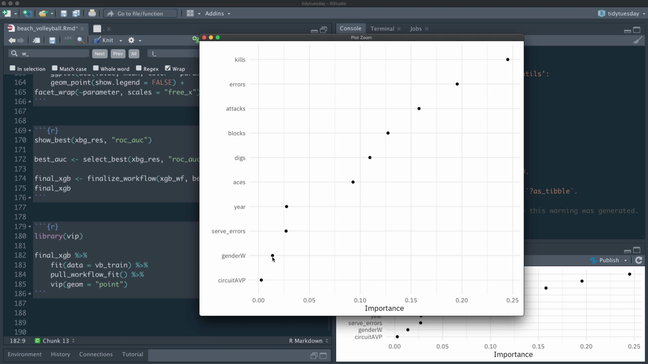Gender, very small difference. So we don't see big difference between men and women in this. Serve errors was very small. So we're able to see the relative importance, say, of errors. Like errors are a big deal. Serve errors are not a big deal. We're able to understand that from this kind of plot, which is super helpful to be able to get this kind of information out from an XGBoost model, to be able to understand what's driving